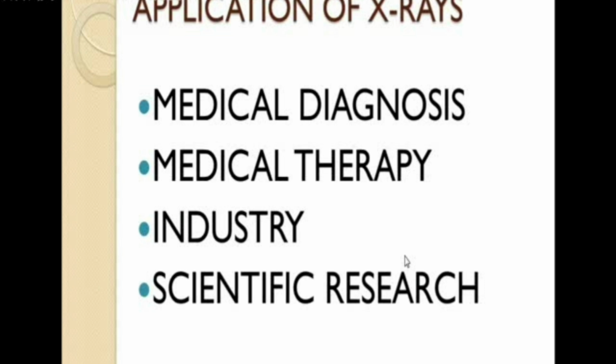The last thing is scientific research. You know that 6000 angstrom is the wavelength of visible light. X-ray is only 0.1 to 100 angstrom. So it is very, very small, so it easily penetrates smaller objects. That's why it is used to study the structure of crystals, molecules, and atoms. So this is